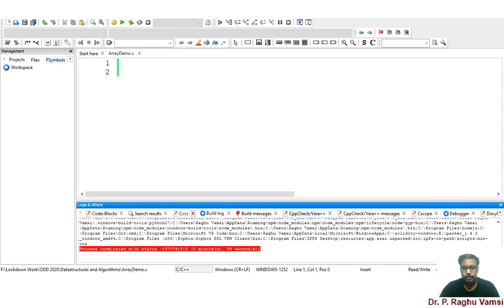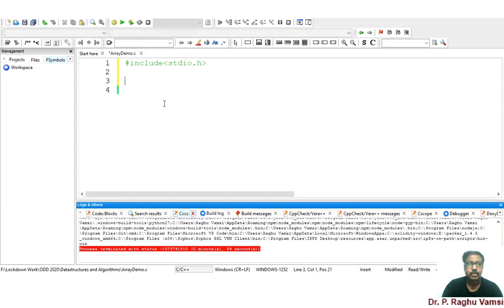Array is a collection of homogeneous elements. So in order to do array programming, you open the Code::Blocks and first the basic thing for writing any C program is stdio.h, which is a standard input output .h.